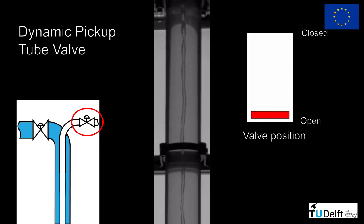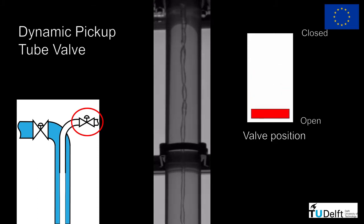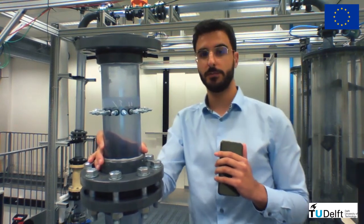When a sine input is made at the pickup tube valve, we observe that the air core oscillates at the same frequency as the input. This indicates that the valves can be used to adjust and control the core size and therefore our separation. Now that the connection between the core and the valves is clear, we can proceed with building a controller for